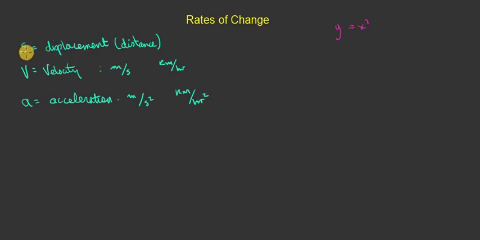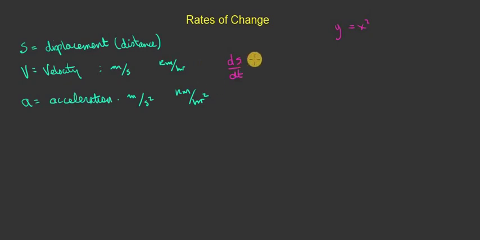Some definitions: s is displacement or the distance, v is velocity, not s for speed, so don't get mixed up with the s and the v, and a is for acceleration. You know velocity is meters per second, kilometers per hour. That's an average velocity. If you want to get the instantaneous rate of change, it's going to be ds/dt. As you can see, you've got the distance or displacement on the top, like meters, and on the bottom